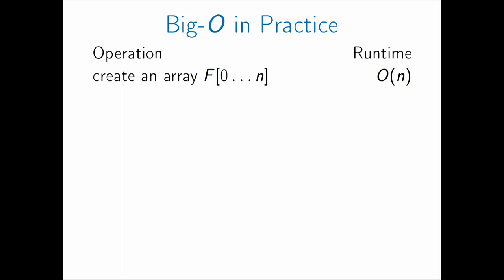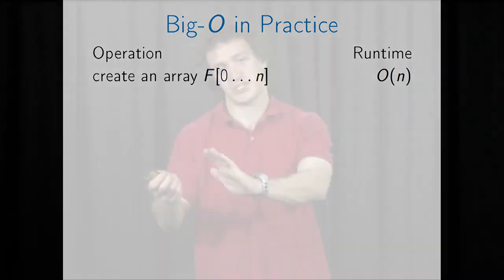We then need to increment some counter to tell us which cell we're working on next. And then maybe we need to do a check to make sure that we're not at the end. And if we are at the end, to go to the next line. Now, for every cell, we have to do some amount of work. We have to do something like a write and a comparison and an increment. And it's not entirely clear how many machine operations this is, but it's a constant amount of work per cell